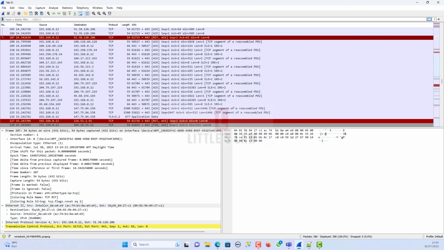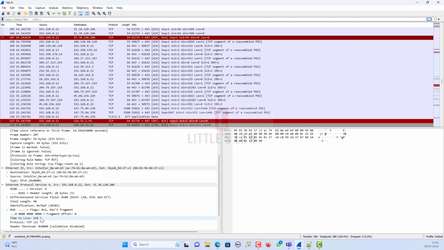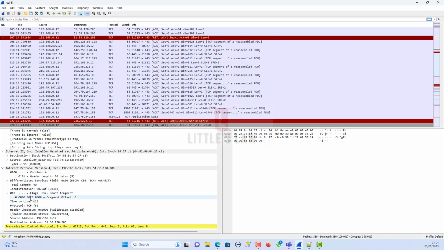It's like having a superpower that lets us see through the network's mysterious language and decode what's inside each packet. So keep an eye on this packet details pane while exploring Wireshark. It's our gateway to unveil the mysteries of data traveling through the network. And next we will see the next pane.